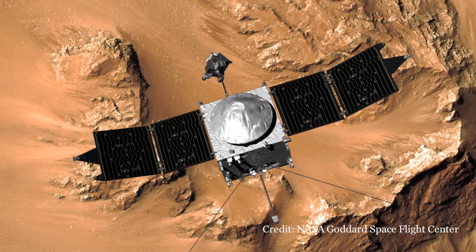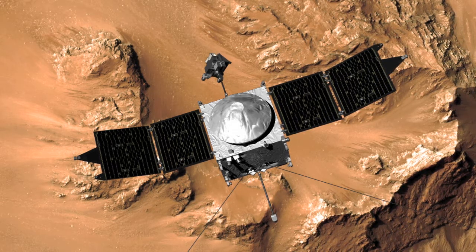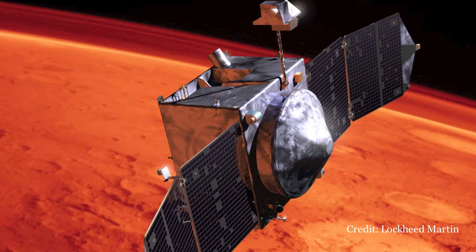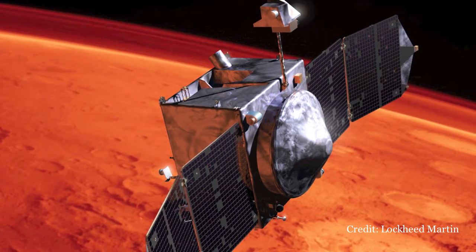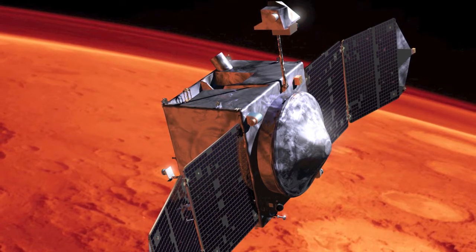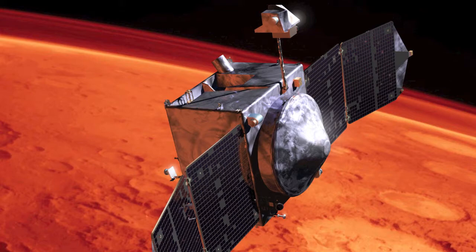NASA sent a spacecraft called MAVEN, which stands for Mars Atmosphere and Volatile Evolution, to investigate the Martian atmosphere and how the solar wind affects its composition. Now, Mars has a very weak magnetic field. It's thought most of its field was lost after continual asteroid impacts affecting the interior. The absence of a magnetic field means the solar wind can interact with the atmosphere and remove gases, in particular